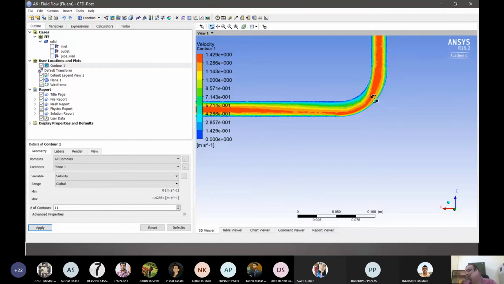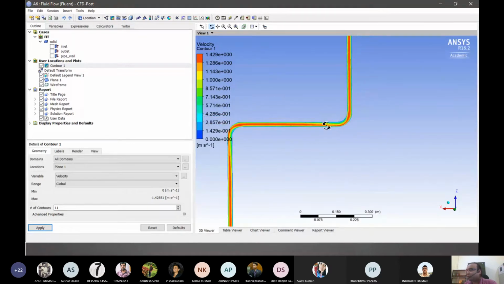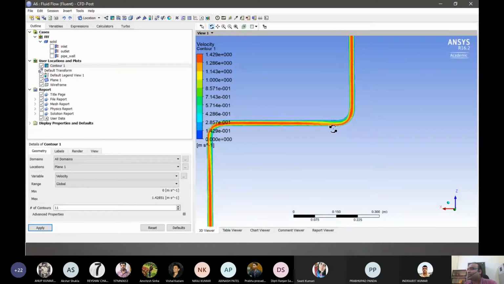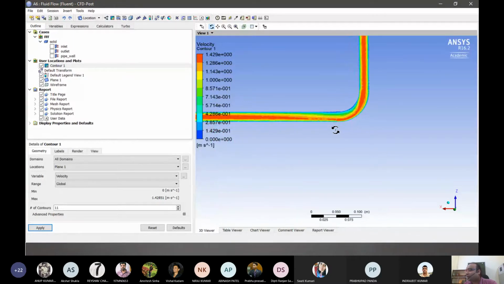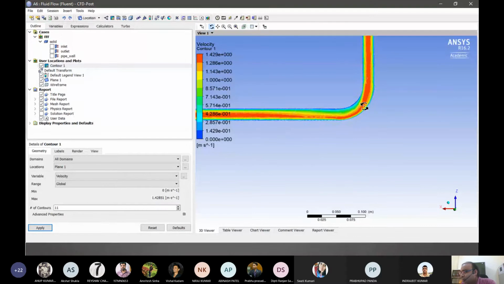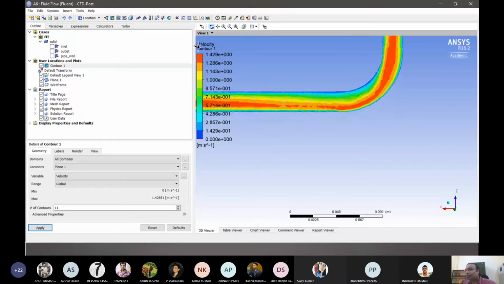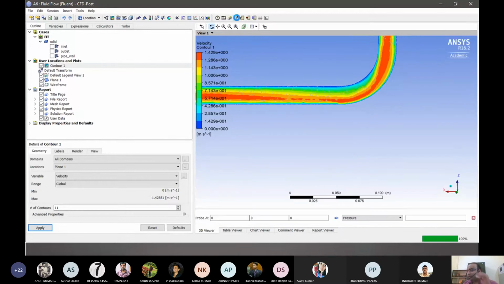Suppose we want to open a face in this direction, so we can design it and see how much velocity it is reaching at what point. We can also put queries here like we used to do, but in this case it's called a probe, and it can be a point probe or a longer probe as well. If you put a probe here, pressure can be seen here, and if you want to see velocity, velocity can be seen here, and so on. These are point probes. We can put a line probe, a volumetric probe, and so on. All these things can be done.